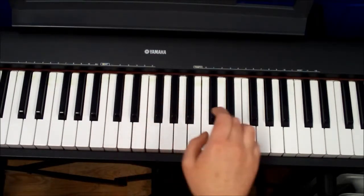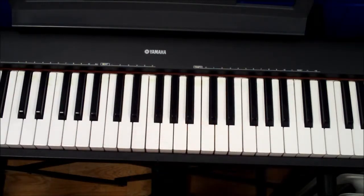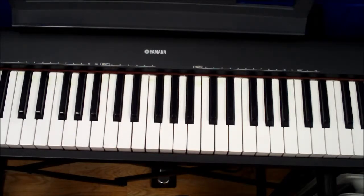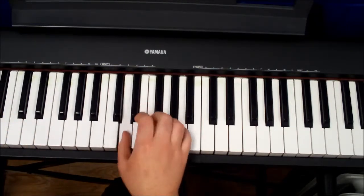Okay. And you can alter how you play it depending on how you feel. This is the kind of music that you're allowed to do that with. There's no right or wrong way to play it. That's why I say that this is my interpretation of the song. Yours could have similar elements, but it could have other parts that you like better. Okay, so...